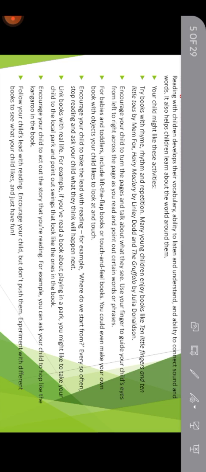So for example, when a child says, I have a word that I just heard for the first time. So that is the word. What is that? I want to know what that word is.